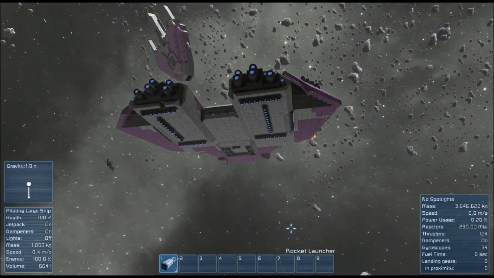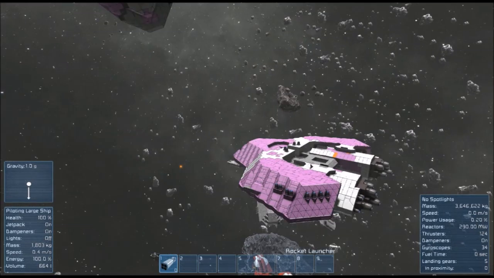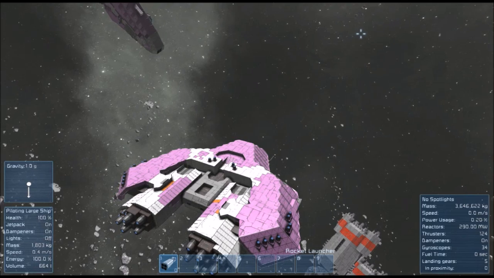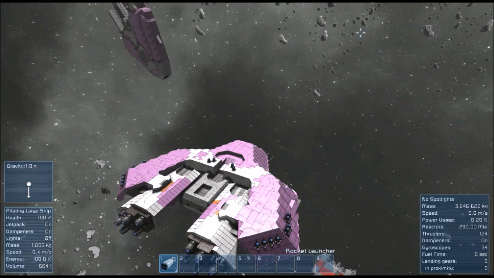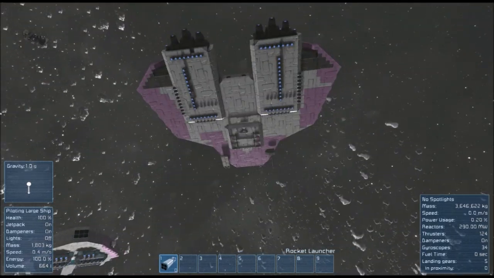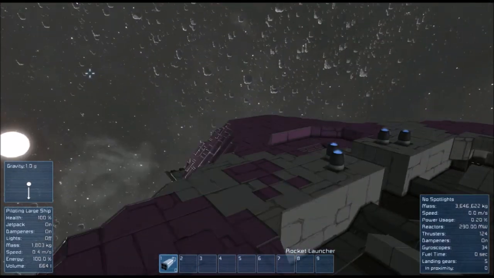And of course, it has its rockets. So those are really the only two fighting things of this ship. As expected of most large ships, it doesn't handle too well. I mean, it is a pretty big ship. And so yeah. Oh, and this little thing right there in the purple,